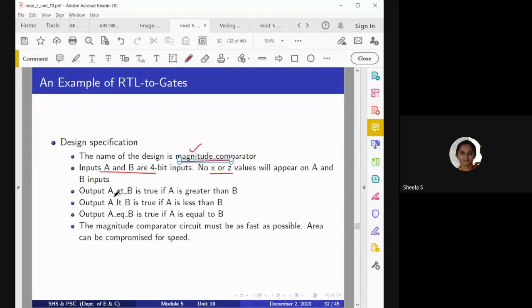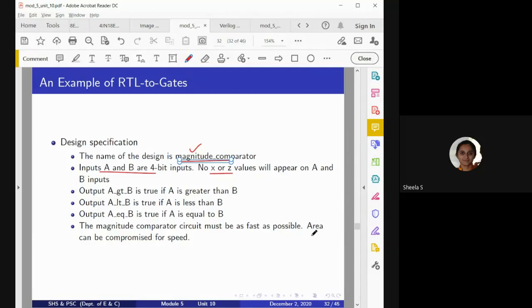Then he should know when the output should be equal to 1 and when the output should be equal to 0. All these things he should specify clearly, and he should also specify that the comparator circuit must be as fast as possible.